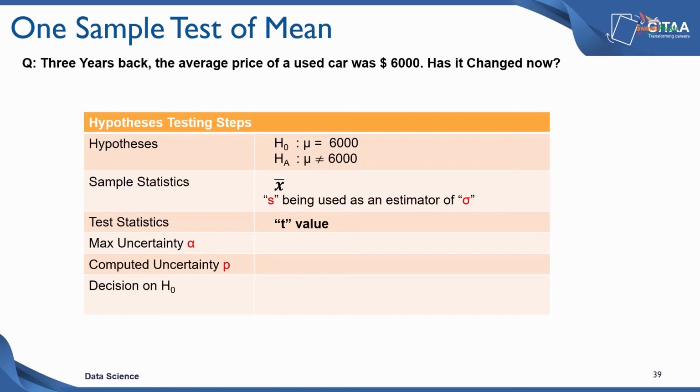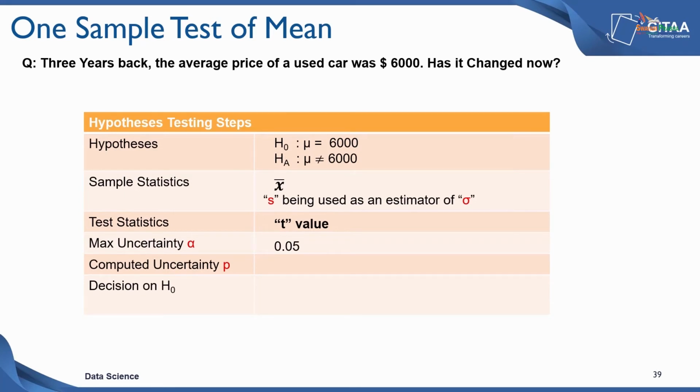We are going to use a sample size of about 1000, which we believe is large enough, and therefore we can approximate the sampling distribution to a t distribution or a z distribution, which is a normal distribution. We are going to use the t distribution for this particular test. We are not looking for extraordinarily strong evidence, so we are going to use an alpha level of 0.05. So that's the maximum level of uncertainty that we are willing to concede.